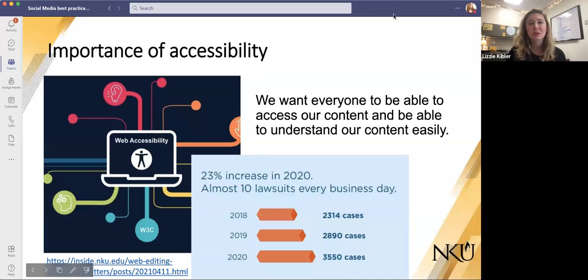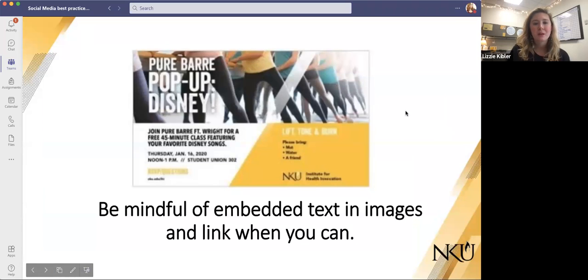And also, like I said, we want to make sure that everyone's experiencing the experience we want them to. So this ended up being a very blurry picture in here, which is another good note: make sure all your images are high res. Also, be mindful of embedded text in images.